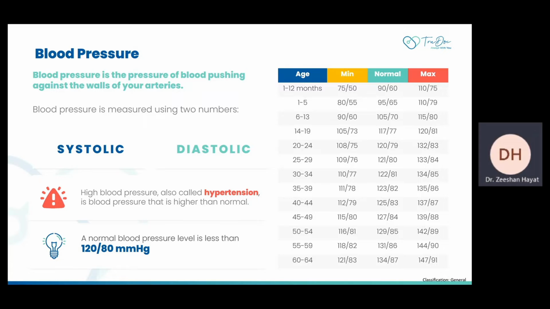If you have a high blood pressure, you should go see your physician and have your blood pressure monitored on a regular basis. We have different ages where you should have a normal blood pressure, ranging from 130 to 80, 120 to 80, and we have different classifications. Whenever you do have a high reading, it does not mean you have hypertension.